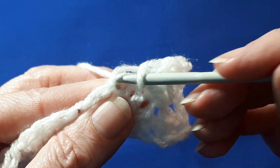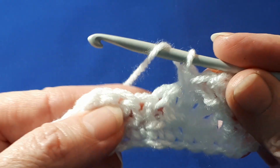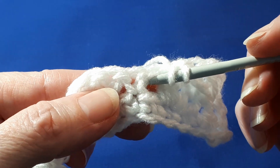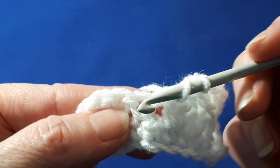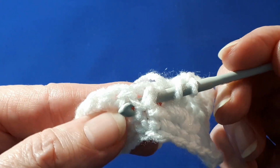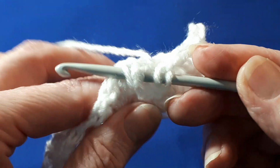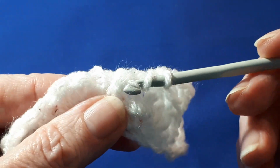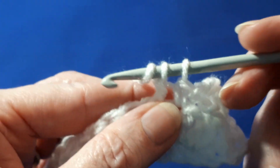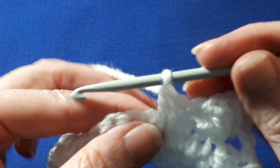you need to, in the middle stitch, do a single crochet, and you repeat again around the next single crochet your 3 front post double crochets. So from the right hand side, yarn over first, insert your hook from the right hand side behind the single crochet and bring it up just to the left of the single crochet, yarn over, pull through, yarn over, pull through 2 loops, yarn over, pull through the last 2, and you've made your first front post double crochet over